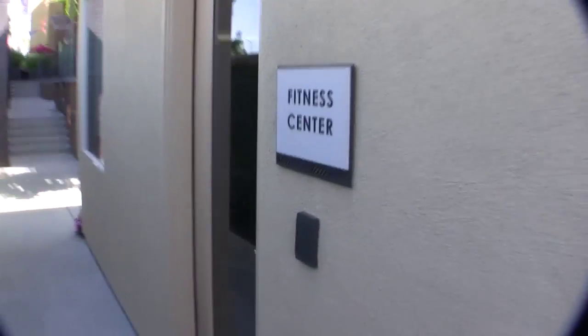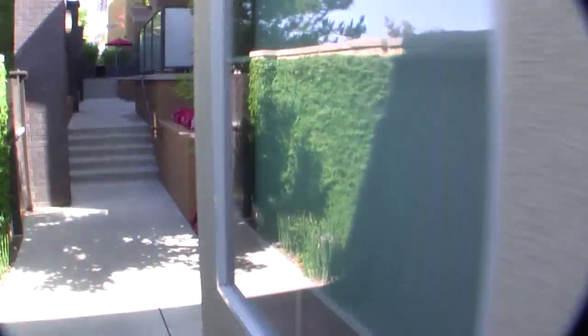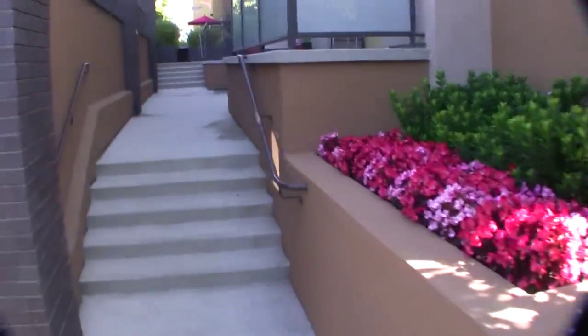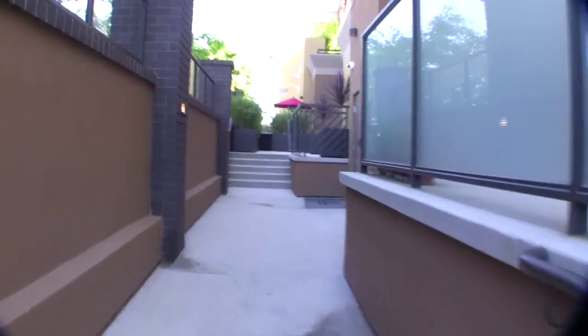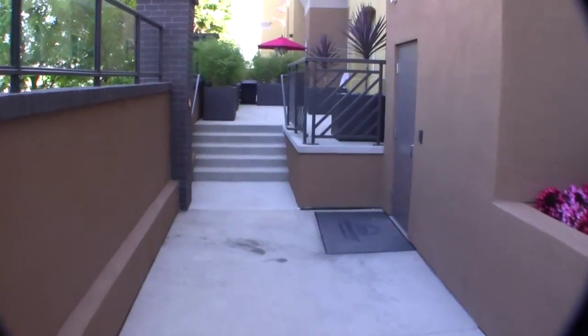They have a whole fitness center here with a whole bunch of good stuff, like balls and televisions, treadmills for all those people who find a need to work. It's really nice. I give them kudos for the landscaping and whatnot around here. A whole bunch of little alcoves that you can come and sit at. Of course it's California, so there's always flowers in bloom. But let's come up here and I'll take you guys up to the patio area